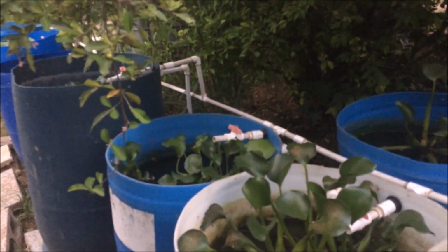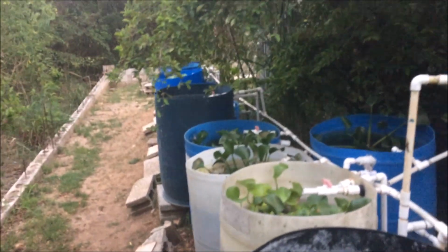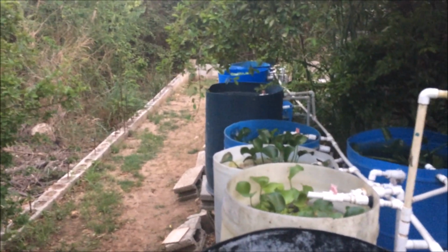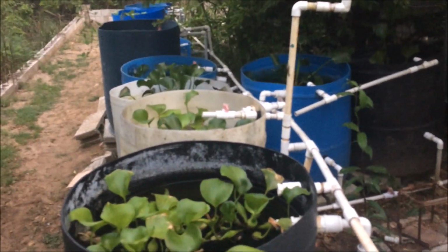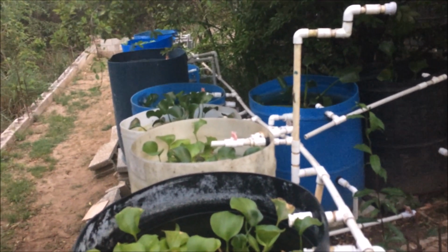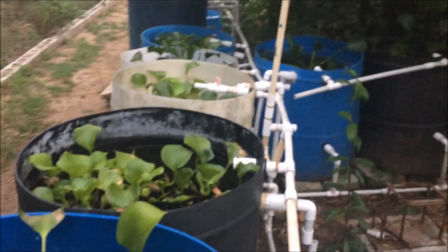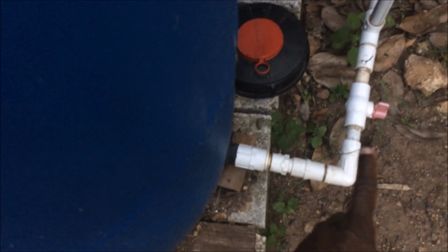One, because the system is plumbed as one, and as you can see, some of the barrel ponds are taller than others. What I found is that when the pump was taking the water from the containers, it would take too much water from some containers and too little from the others. So as a result, I had to gauge this,